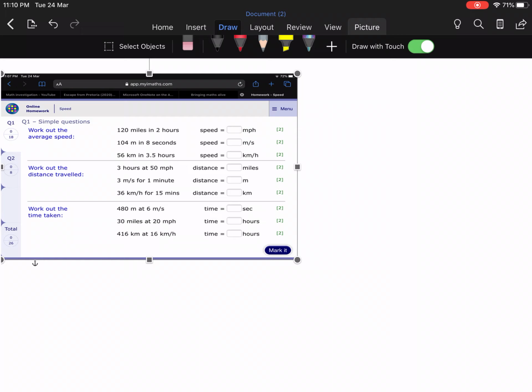So here is how to do the online homework for the speed, distance, time. I'll do one of each. What you should have figured out